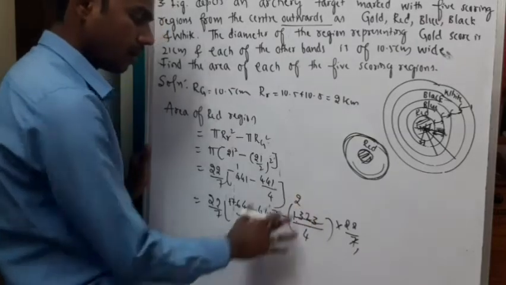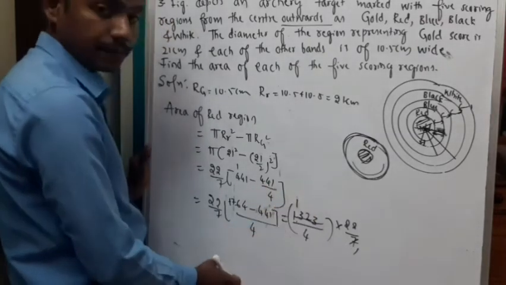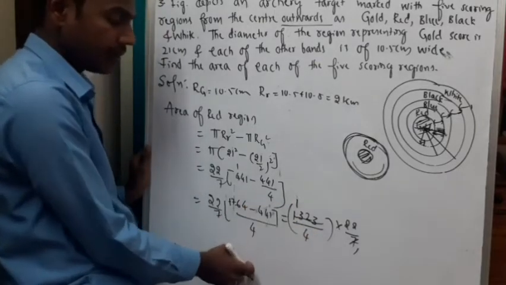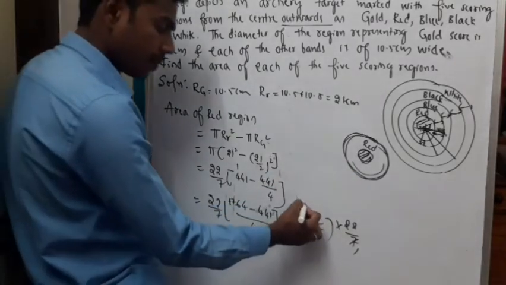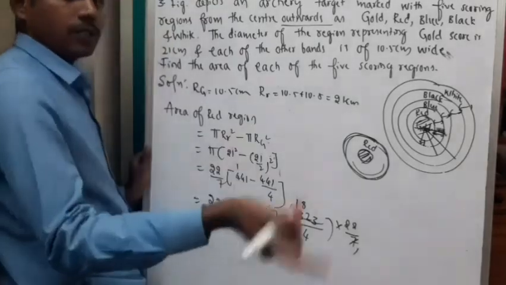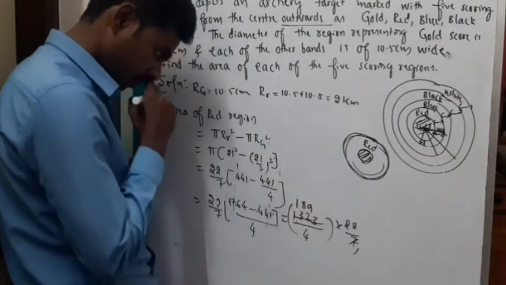7 2s are 14, it is not possible, I can't do it. So 7 1s are 7, because 7 2s will be 14, which is more than 13. So that is in 7 1s are 7. 6 left, 62. 62 means 7 8s are 56. 62 minus 56 is 6. 63, 7 9s are 63.